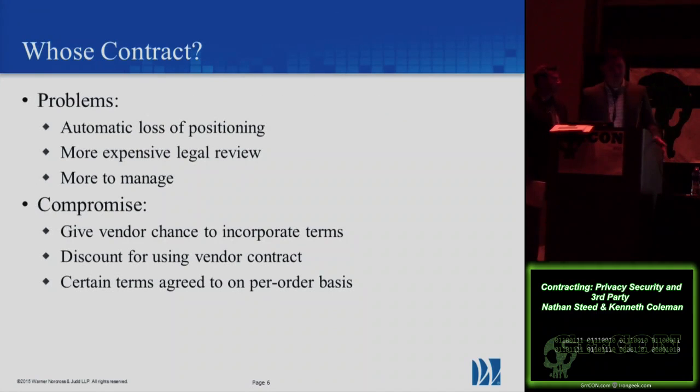So obviously, if you agree at the outset, and we're going to look at a lot of these provisions typically from the customer side, if you agree at the outset that you're going to use the vendor paper without any sort of fight, obviously that's an automatic loss of positioning right off the start. The legal review, to the extent you send that document to your attorneys, is going to cost more to review. If they can start with your standard agreement and just review red lines to that, as opposed to starting fresh from a vendor agreement that they've never seen before,